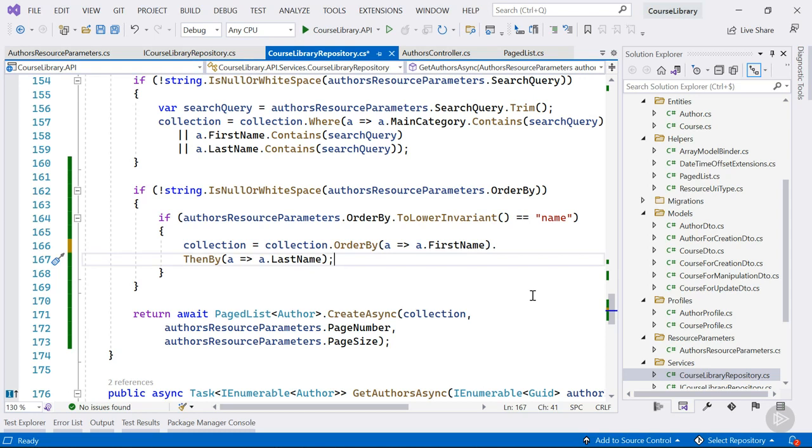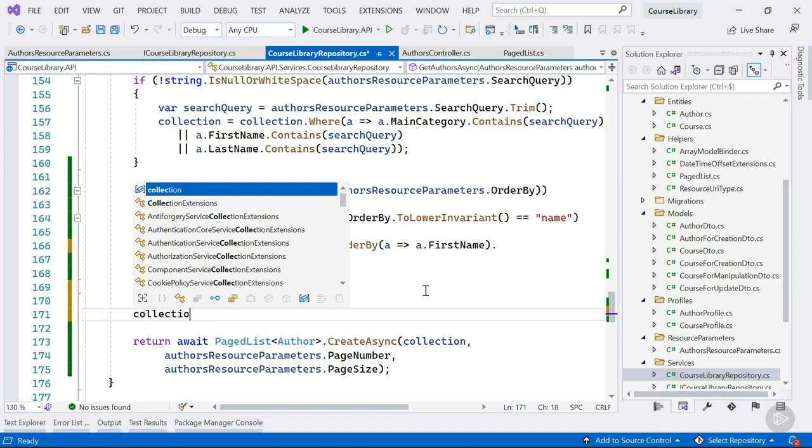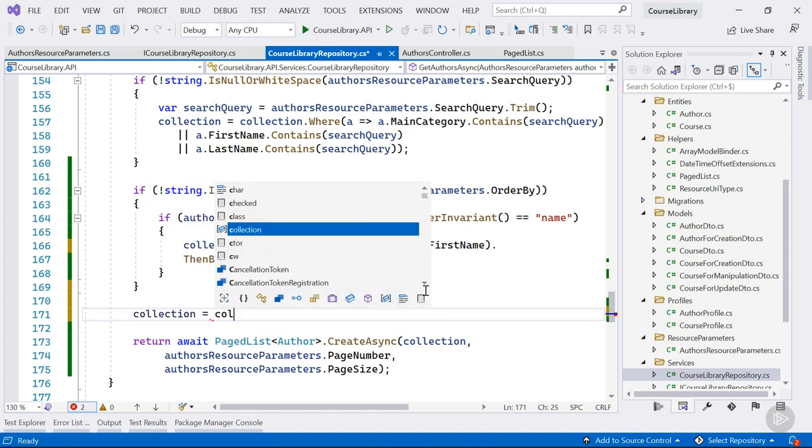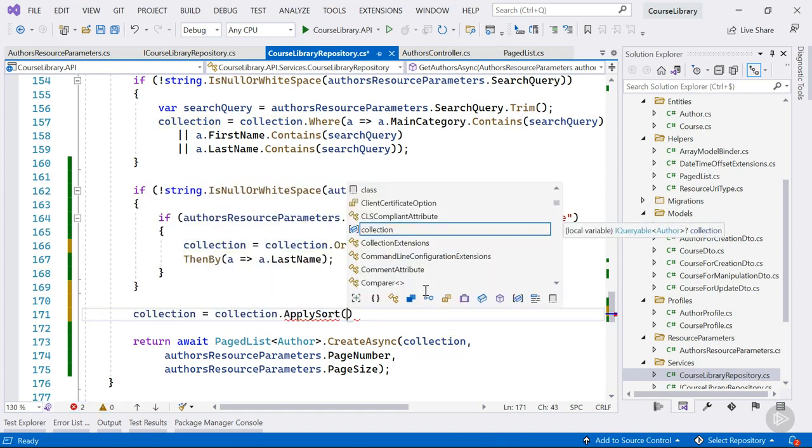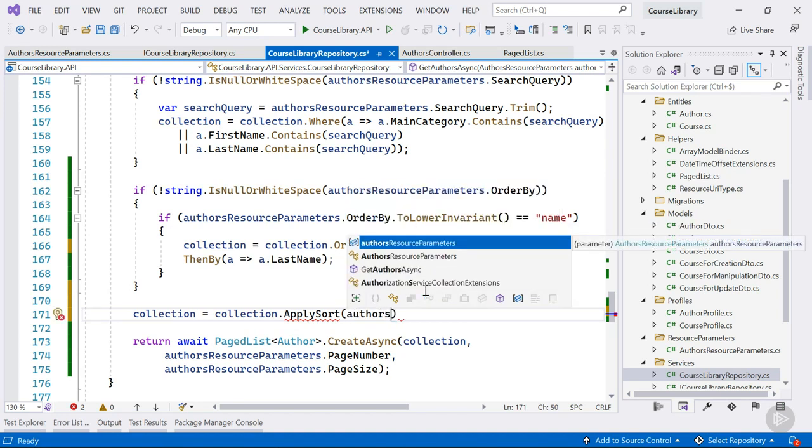But doing all of that in this repository method won't exactly lead to reusability. And we kind of need some sort of reusability because doing something like this is something we'd like on all resource collections, right? We can separate that out into an extension method on IQueryable. So what we want to end up with is some sort of ApplySort extension method. It should be an extension method on IQueryable that accepts the order by string from our query string,